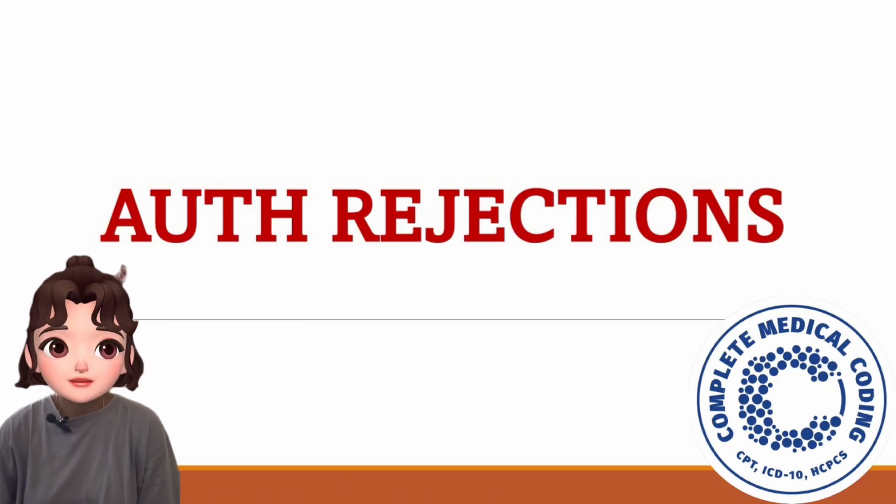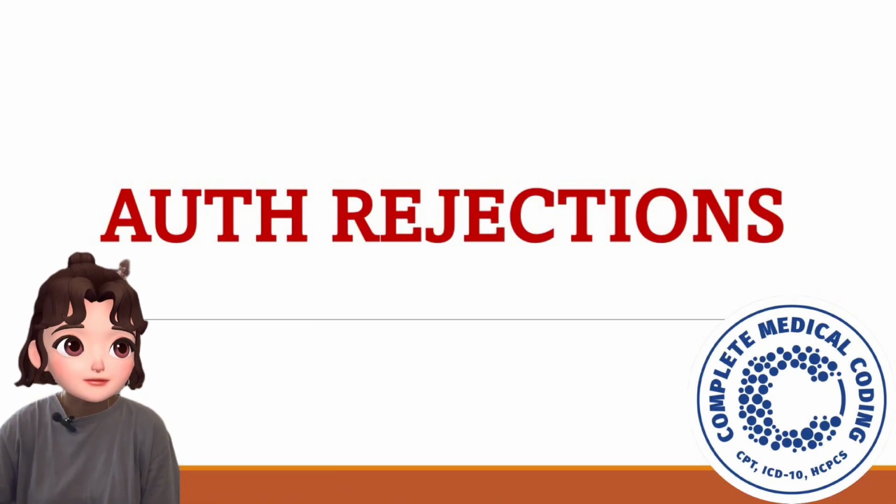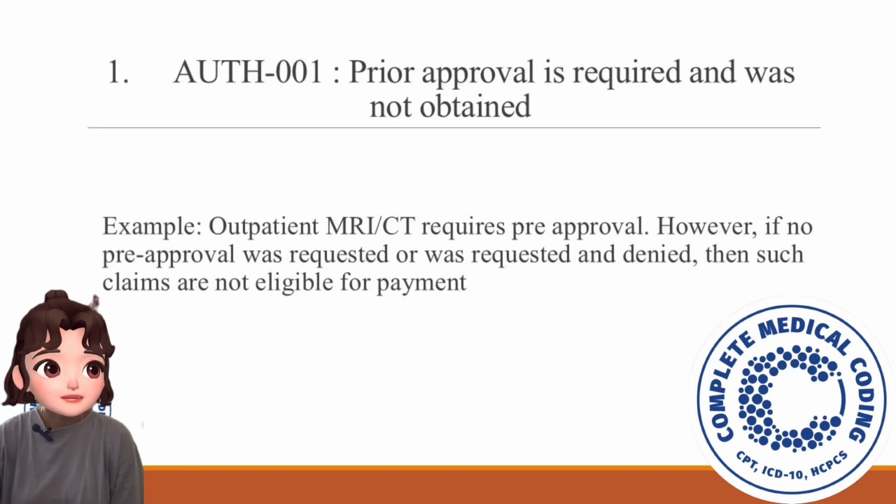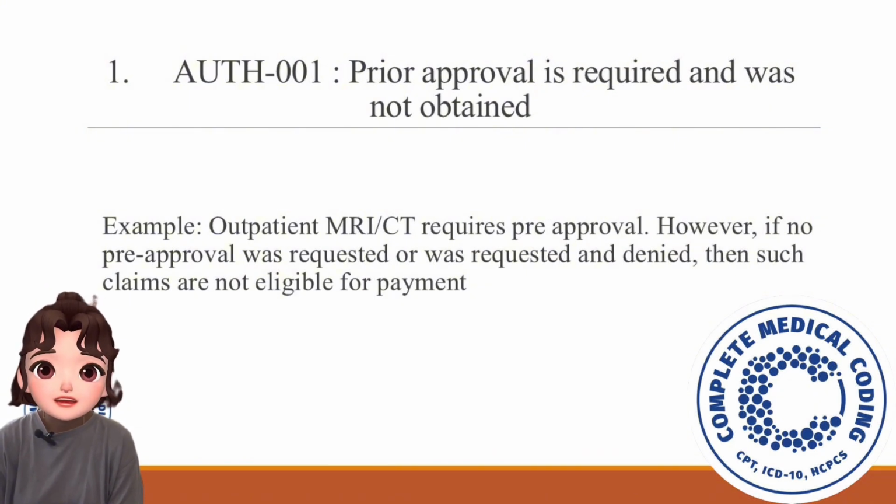And let's look into the auth rejections one by one. There are different, very important and very common auth rejections. Among them, the first one is auth 001. What do you mean by auth 001? What rejection is that? If you get a rejection auth 001, it means prior approval is required and was not